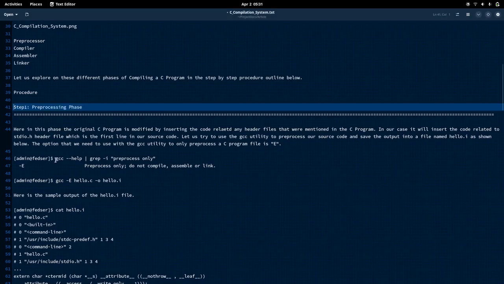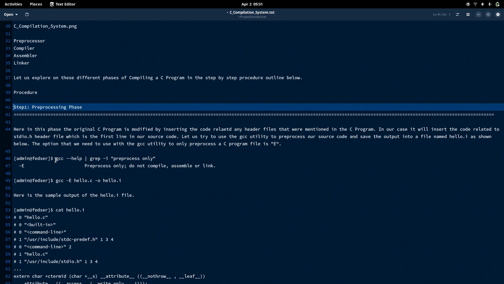How can we pre-process a C program instead of compiling it completely? Instead of using the GCC compiler to compile it to an executable form, we are going to just pre-process it.